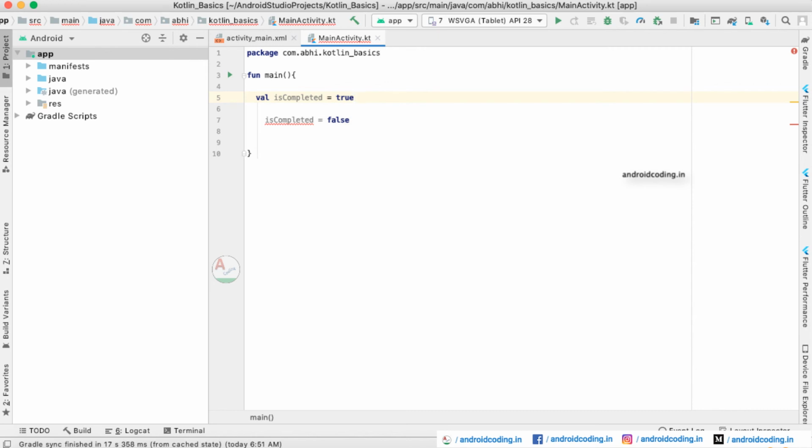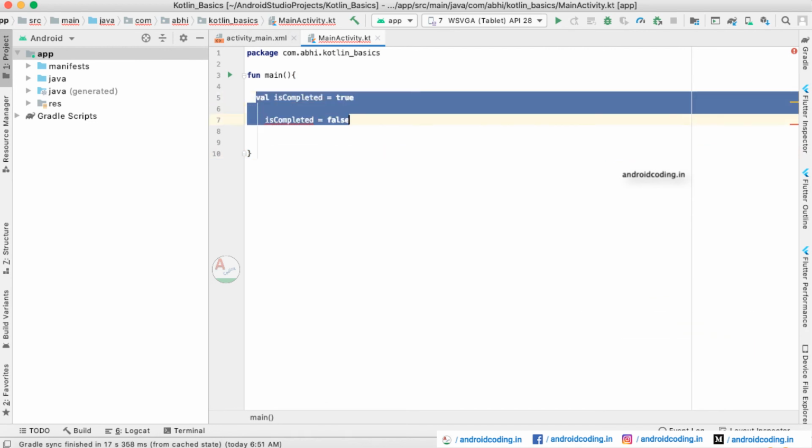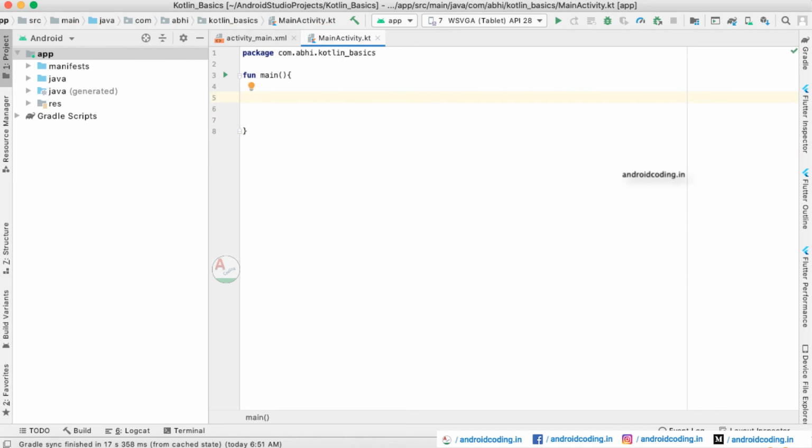It is a final way of assigning a value to this variable using a val declaration. So this is it for Boolean variable declaration in Kotlin.